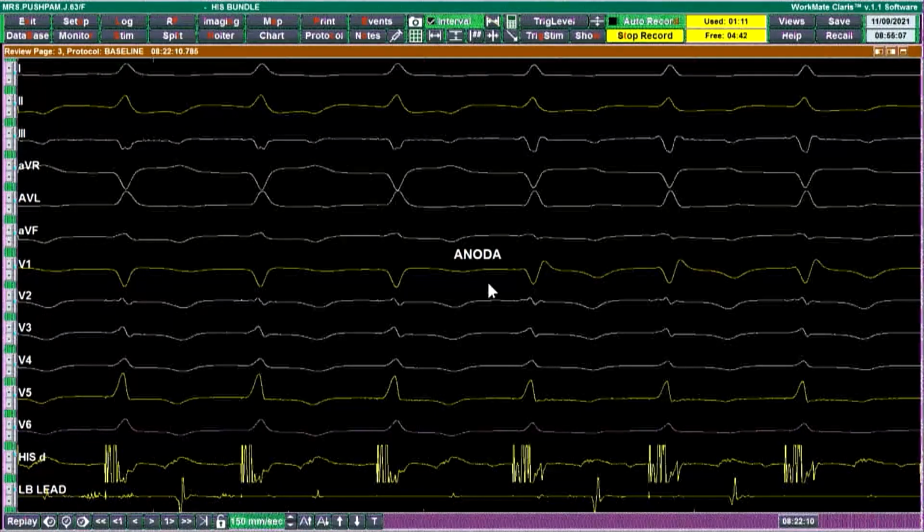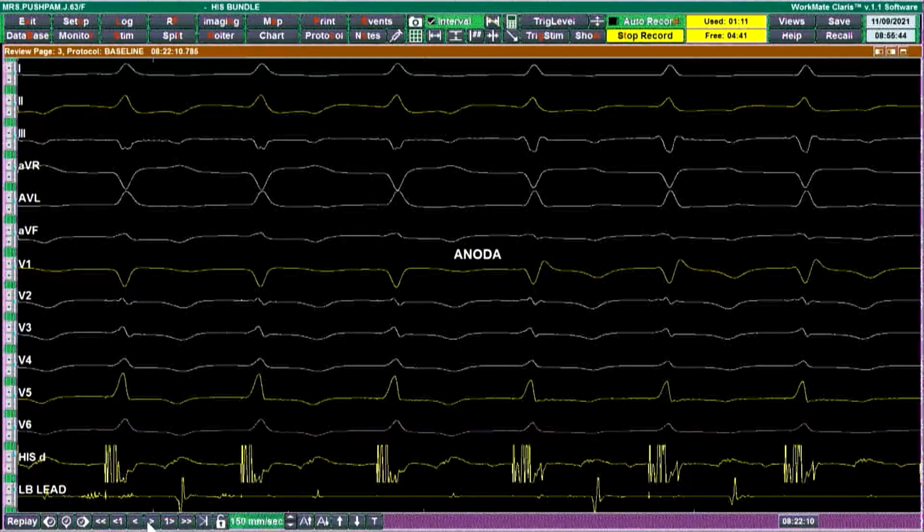And once the output was reduced below 1.7, that was our anodal capture threshold, suddenly you can see the appearance of a QR pattern. That means that at 1.7 there is a loss of anode, and only the cathode alone is capturing. And remember, here the cathode alone is capturing both the septal myocardium as well as the left bundle. So there is a loss of anodal capture, but there is a non-selective capture of the cathode capturing both the septum as well as the left bundle. Once you reduce still further, at an output of probably 0.4 or 0.5, you will have the transition from non-selective to selective.